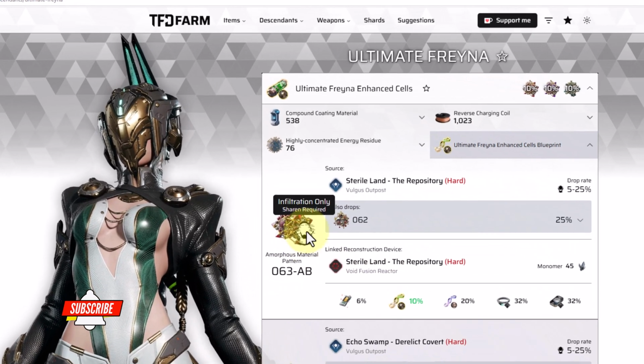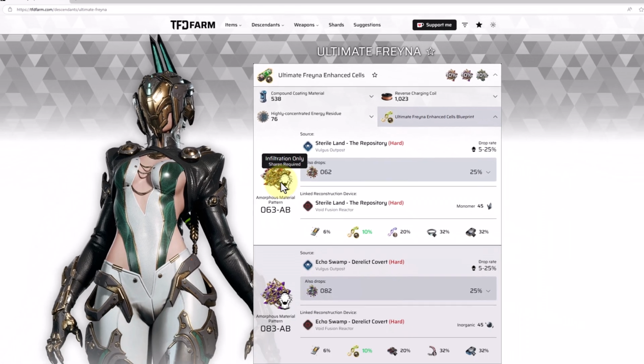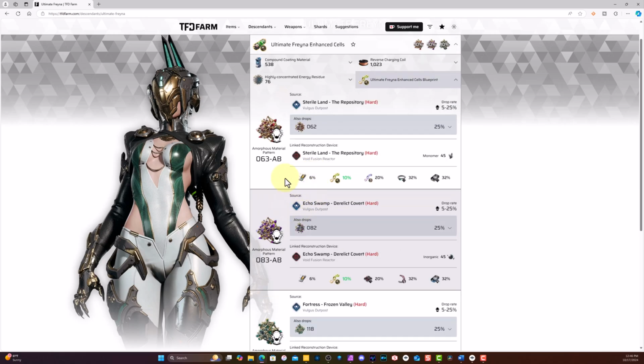You can see this little icon right here, that means sharing. So every time you see those, that means you need to have sharing, you need to infiltrate, you need to go invisible in order for you to get the pattern. So you get all the pattern here for all 1, 2, and 3 options. So this is what you're going to use. And it also shows you